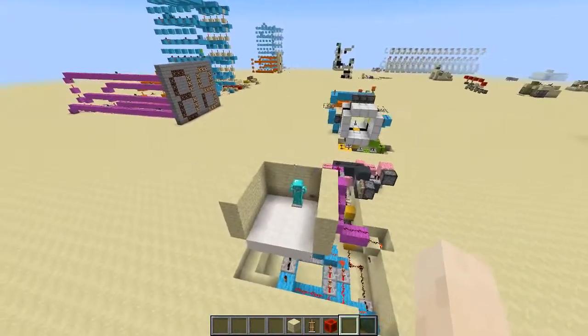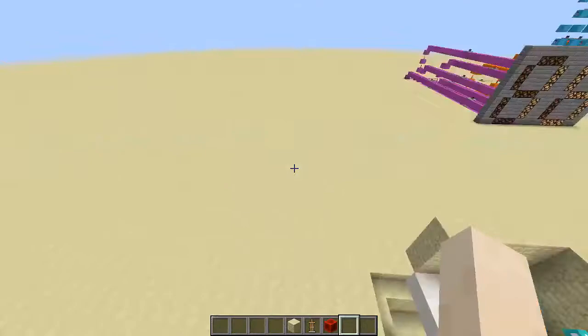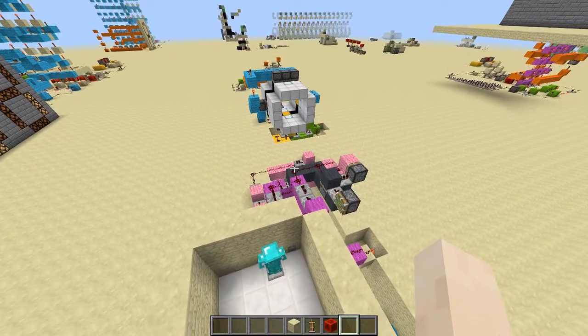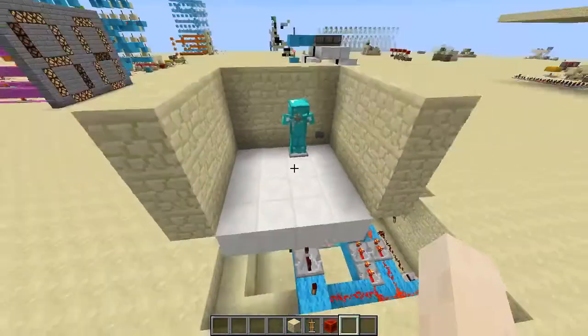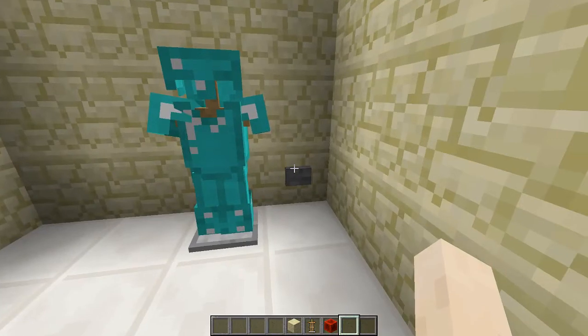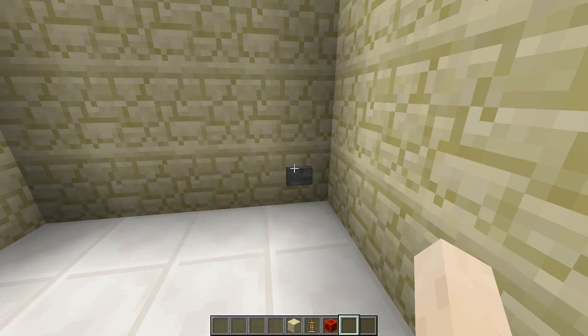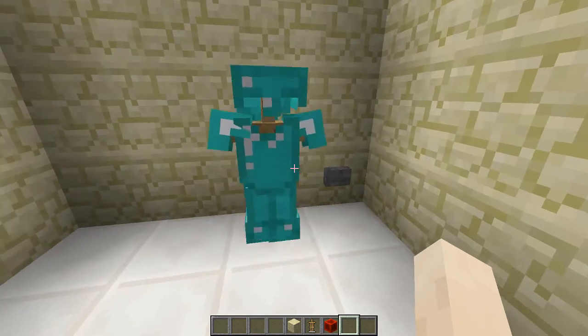So I think I haven't showed this. I'm not sure what of this I've already shown in previous videos, so I'll just go over it once more and probably show something I've already shown. So this is a hidden armor stand. Well, right now it isn't hidden, obviously. And for this button you can probably do something better that's easier to miss than just a big button on the wall. But now you can see that the armor stand is hidden, and if I press the button again,